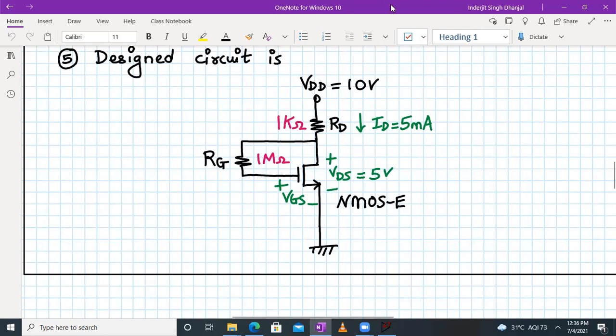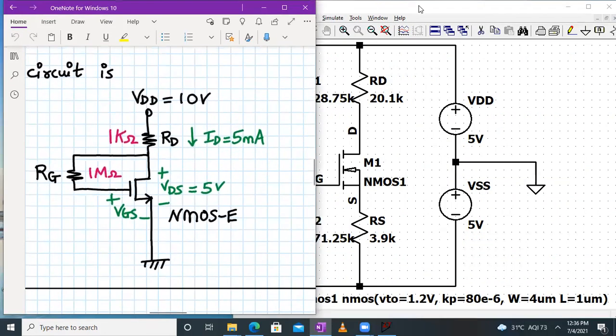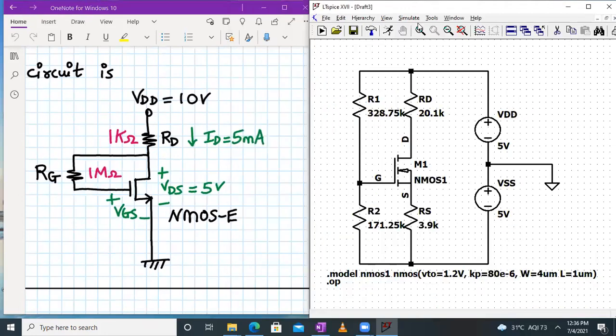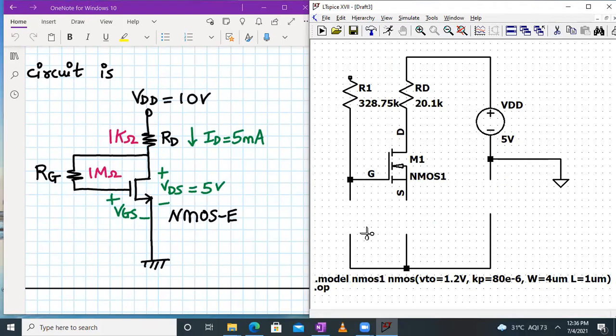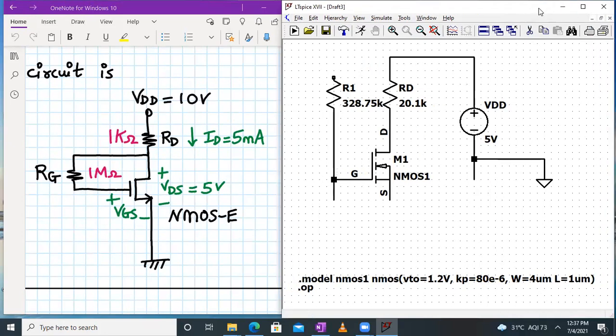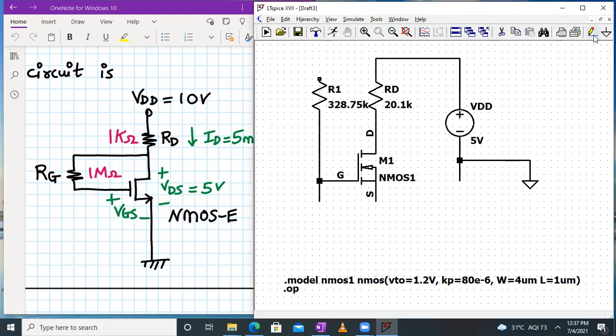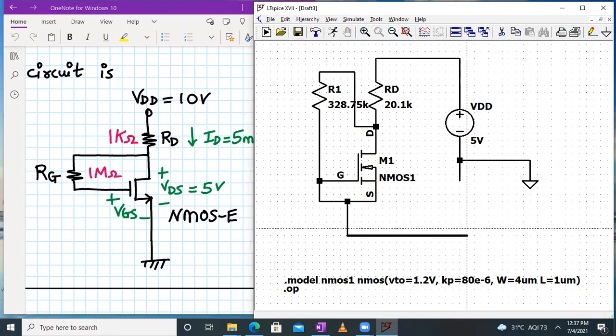So now let's check these values in LTSpice. We have to modify the earlier voltage divider bias circuit to suit our requirement for the drain feedback bias. So we will delete these wires, the 2 resistors, and the extra source which was there. Now we require wires to connect the remaining part of the circuit. This is my gate resistance, which is going to the drain terminal over here, correct? And all these are shorted together and connected to the ground like this. So I'm modifying the earlier circuit only.